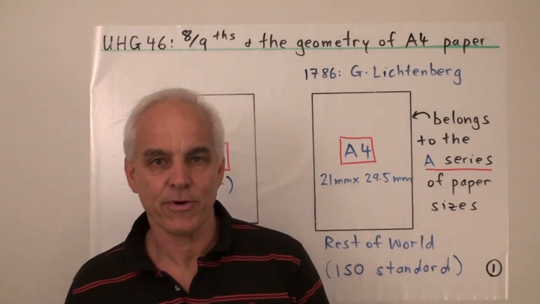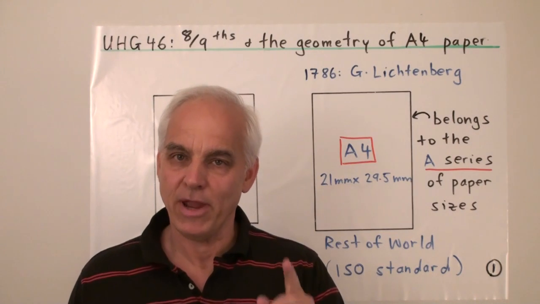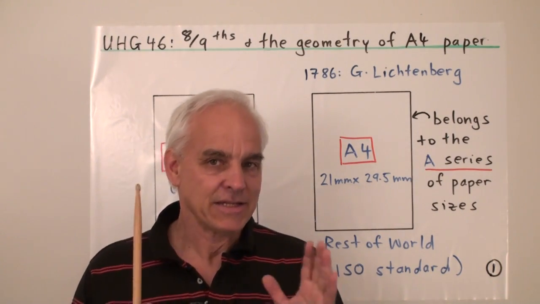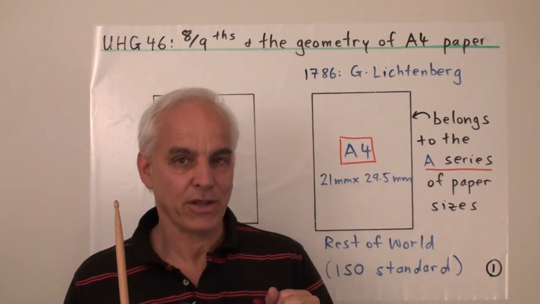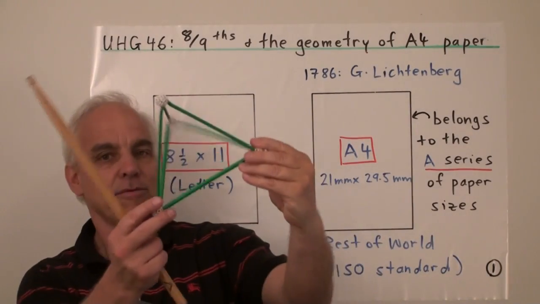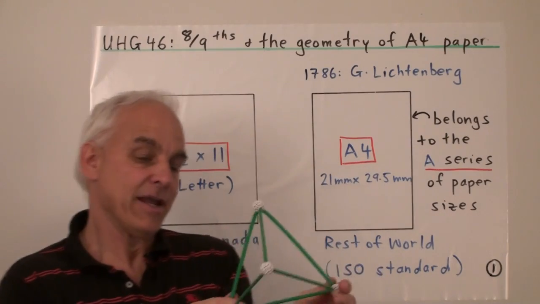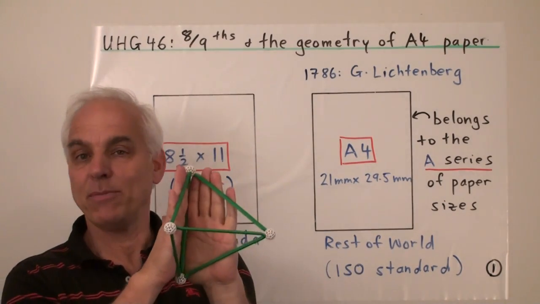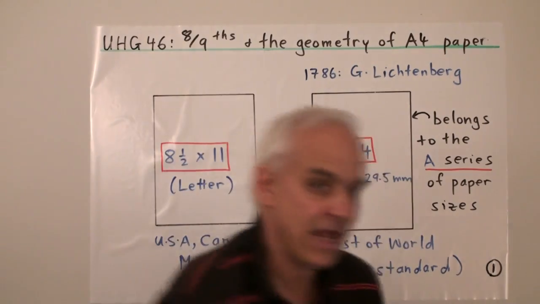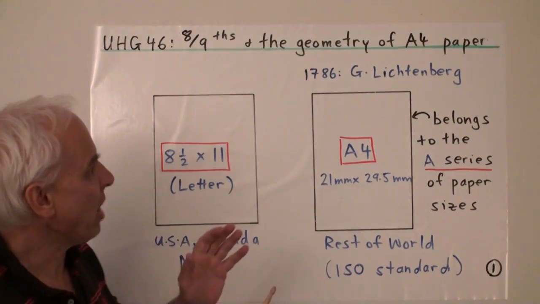Hi, I'm Norman Wildberger. In this video I'd like to talk about a very special number, the number 8/9. We saw that number appearing last time when we were talking about the geometry of a regular tetrahedron. Something like this. We saw in fact that this 8/9 was the spread between two faces of this regular tetrahedron. Today we're going to see that that same number appears in a quite different context, in the geometry of